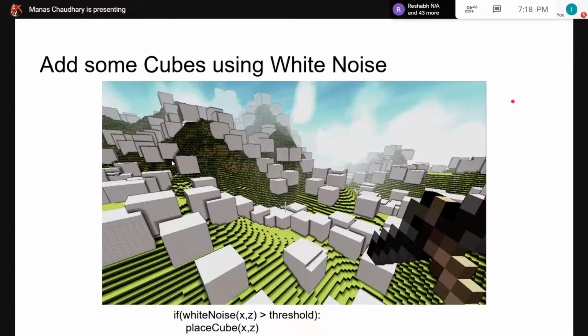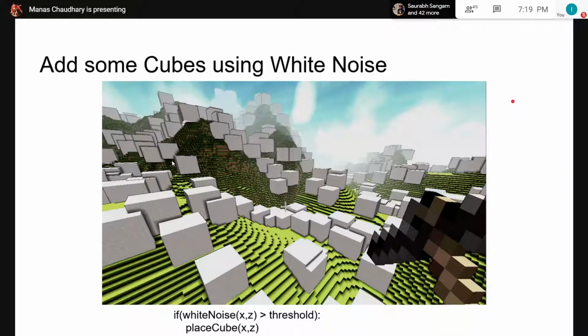So we can add structures at random places using white noise. This can be done by setting a threshold value which decides whether an object will be placed or not. In the image, we choose a threshold, and if the white noise value at a particular x comma z is greater than the threshold, we place a cube at that place.